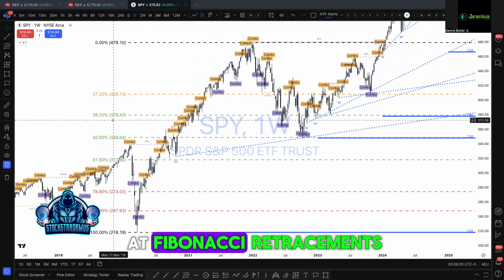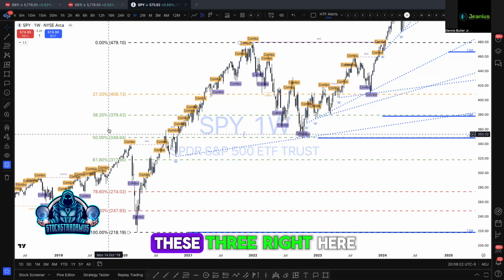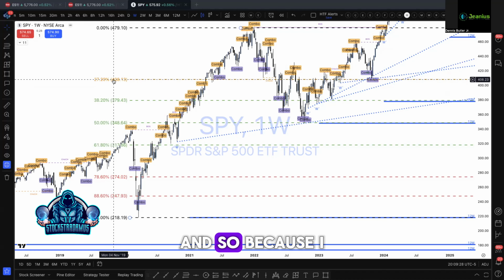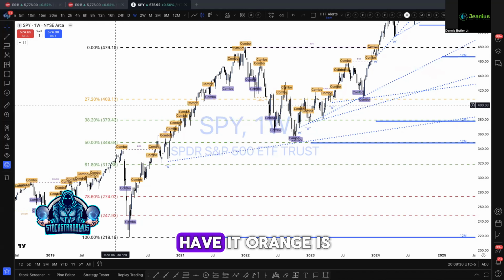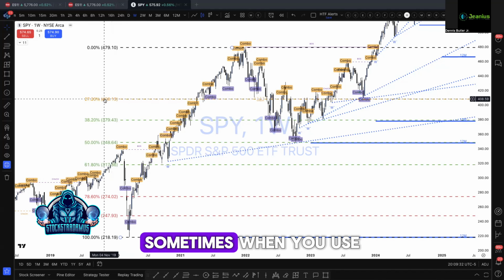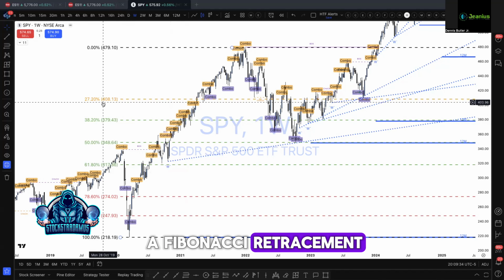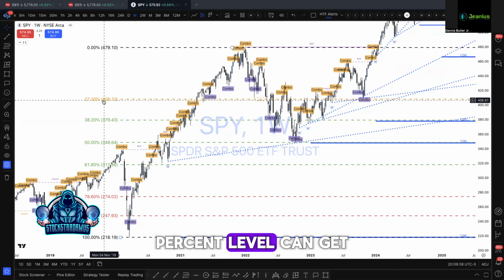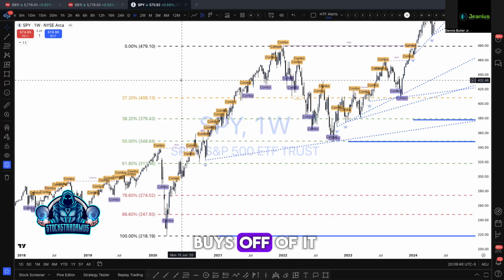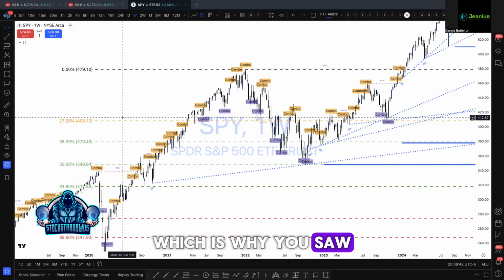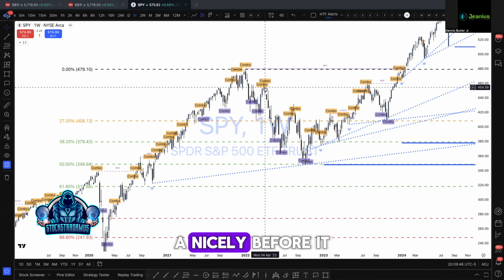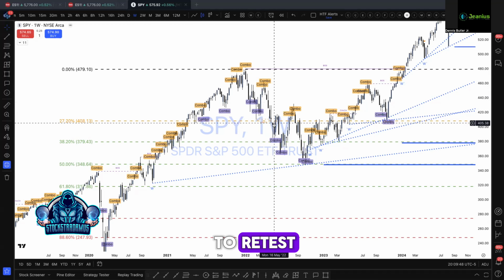So when I'm looking at Fibonacci retracements, you notice I got these 3 right here, green, and I got this, well, it's supposed to be yellow, whatever, but I have it orange, right? The reason why I have it orange is sometimes when you use a Fibonacci retracement, this 27.2% level can get buys off of it as well, which is why you saw when the market pulled back to this point here, it jumped actually nicely before it actually came back down to retest this point to push